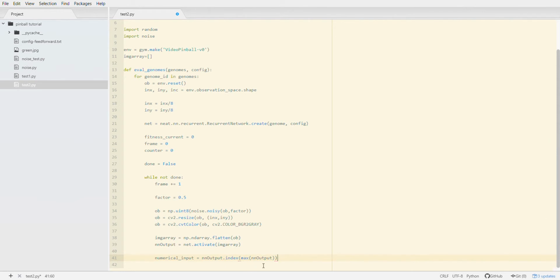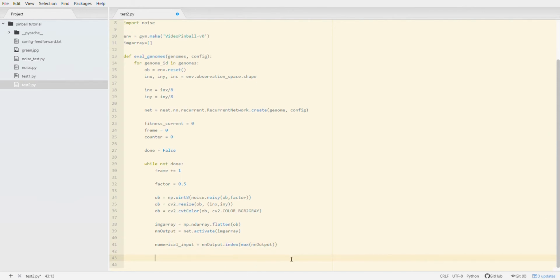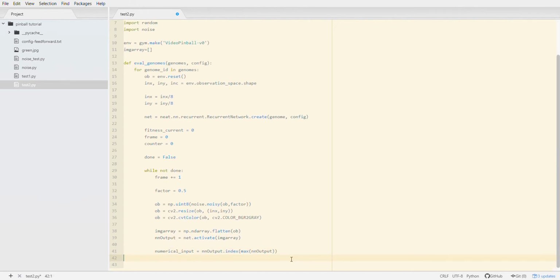So then after that, we're going to get the observation, the reward, done status and the info for the actual step. So env dot step numerical input. So basically step is just going to run the next sequence in the actual